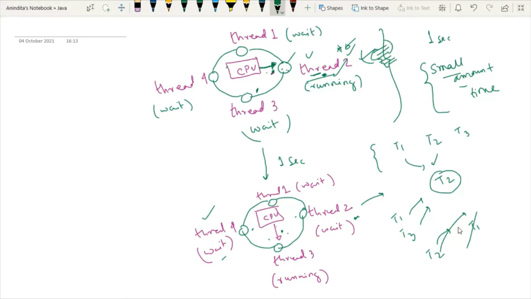But the question is, what is the priority value? See, in general, 1 means highest priority. Say this thread has priority 1, this thread has priority 4, and this thread has priority 5. So the point is the larger number indicates the lower priority. And one more point: you can assign this priority to a thread by using the methods getPriority and setPriority. The setPriority method is used to set the priority of a particular thread,